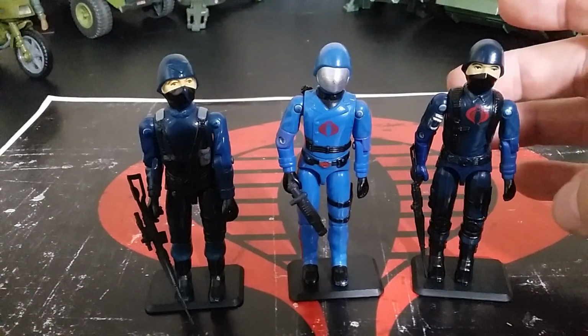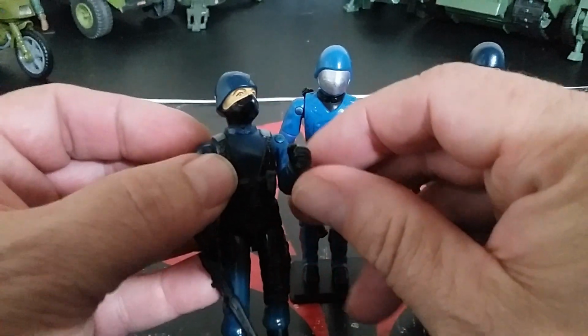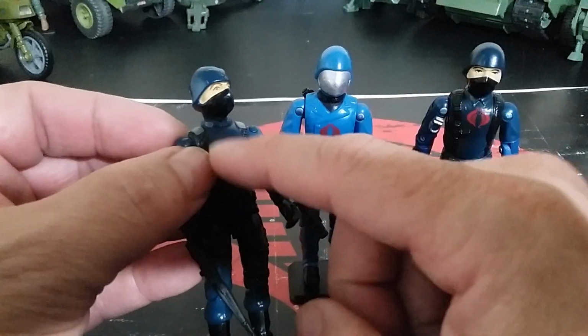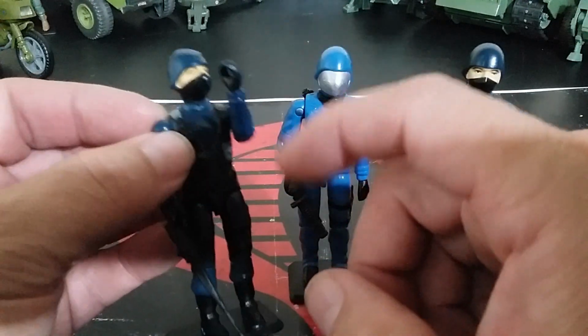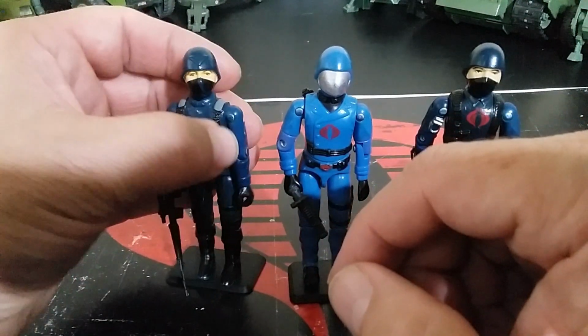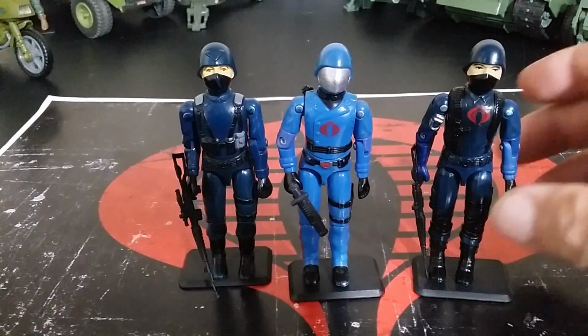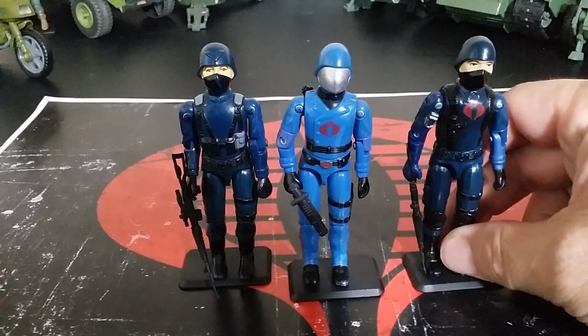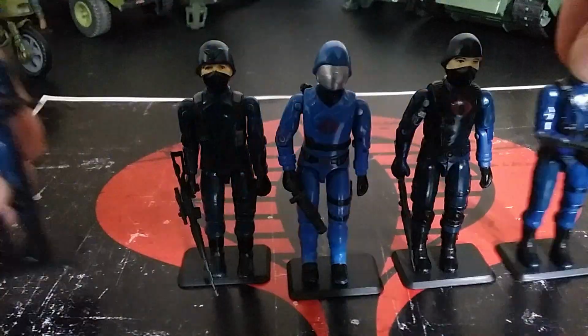Now, granted they are straight arms at first, so this is the officer. I don't have one with good paint that's a straight arm, but you do have all the problems with breakage on crotches and all that kind of stuff. So people do pay a premium to get a straight arm of these troopers. But I'm also seeing people paying a premium just to get a trooper that is in average, decent condition like this. And with that,